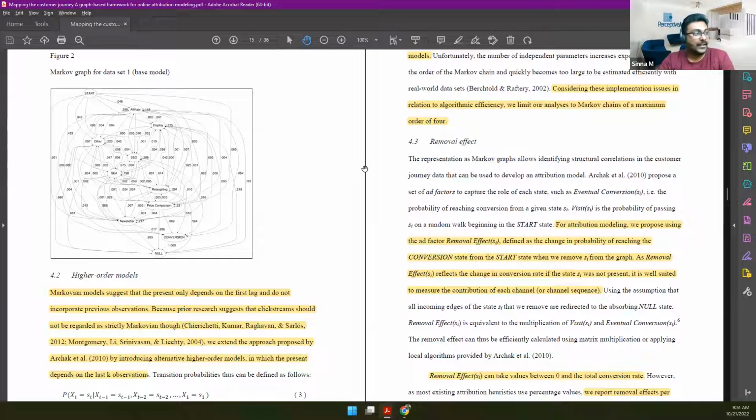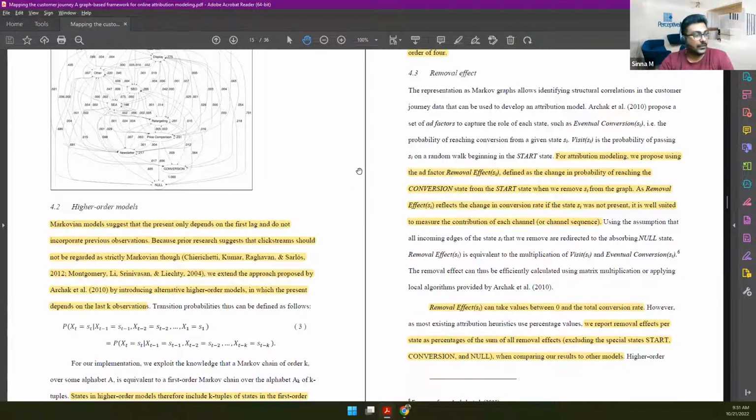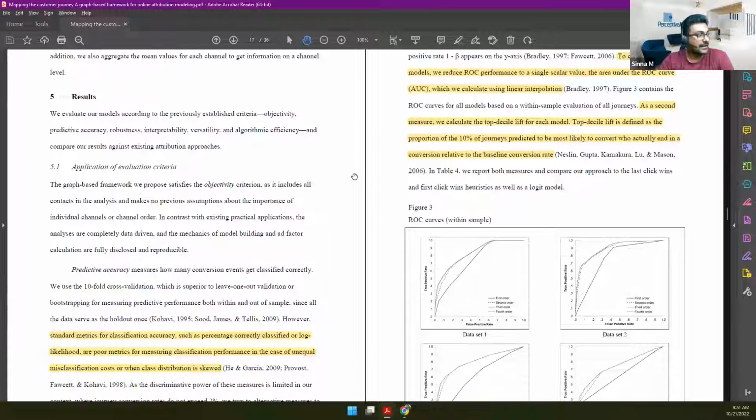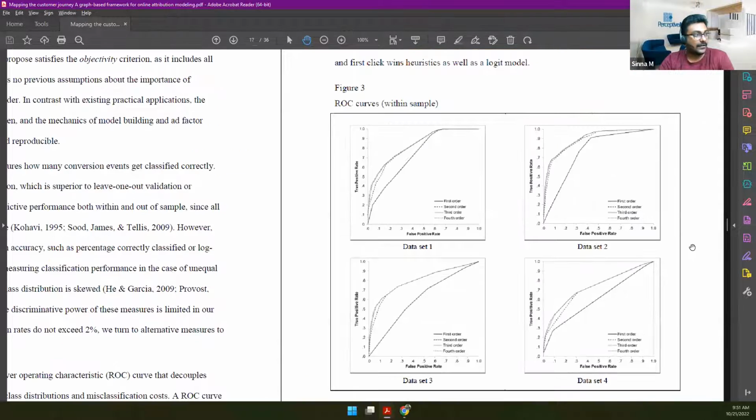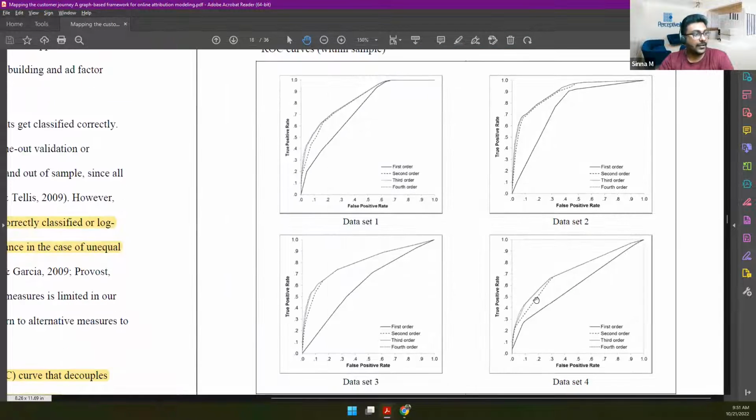Okay, that's an example. So now in this paper, they have tried modeling first order, second order, third order, and fourth order chains. Right? So let's go to see the results. So here is the results. So for the 4 data sets that we saw, the solid line is the first order chain. The dotted one is the second, and the more dotted it becomes, the higher order it goes to. Right? So almost always you see,